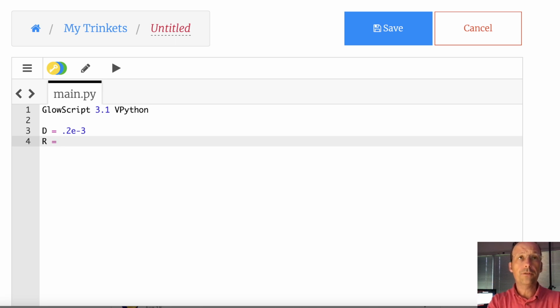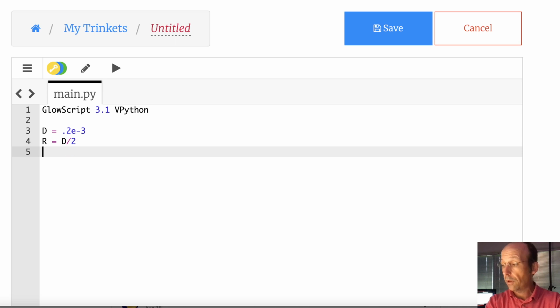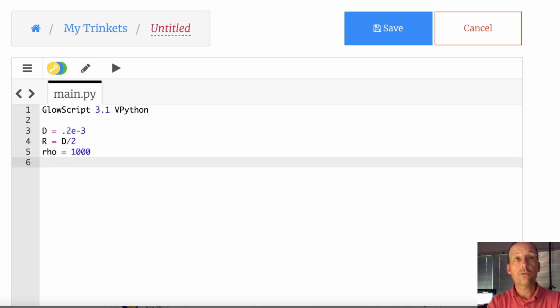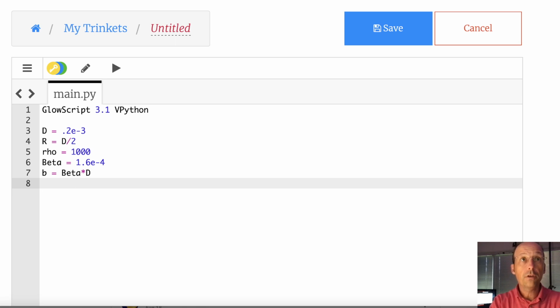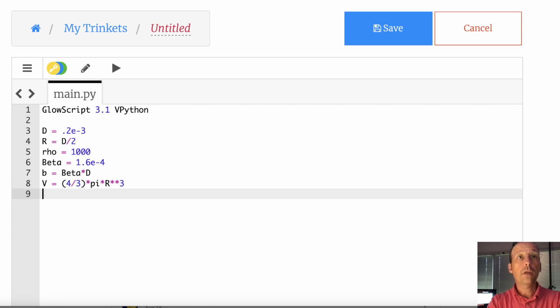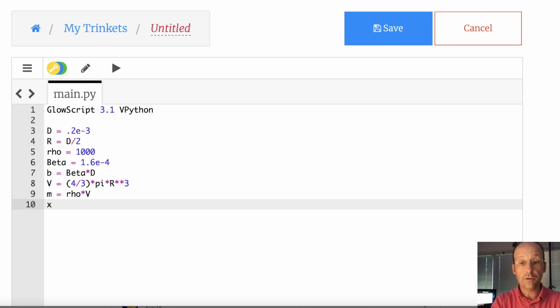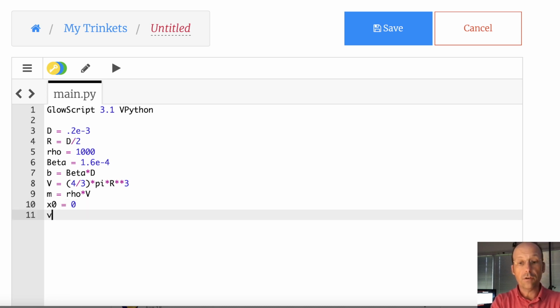R is the radius of that drop. It's just going to be d over 2. What else do I have? Rho is 1,000. So beta is 1.6 times 10 to the negative 4. And I got that from another problem. It's just a constant. It doesn't really matter. So b is equal to beta times d. I need the mass. So the mass is going to be based on the volume. So the volume is 4/3 times pi times r cubed, and then the mass is going to be rho times v. Now I need the initial position, x0 equals 0. That's an O. Whoa, x0 equals 0. v0 equals